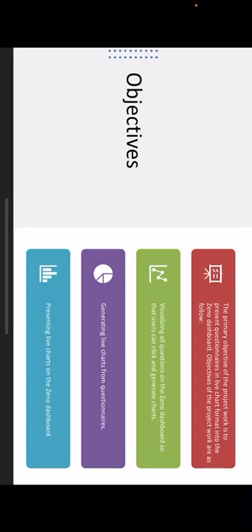We create the user data in questionnaire formats, and the user data is converted into chart forms with the help of questionnaires, and we presented the live charts on the Geno dashboard.